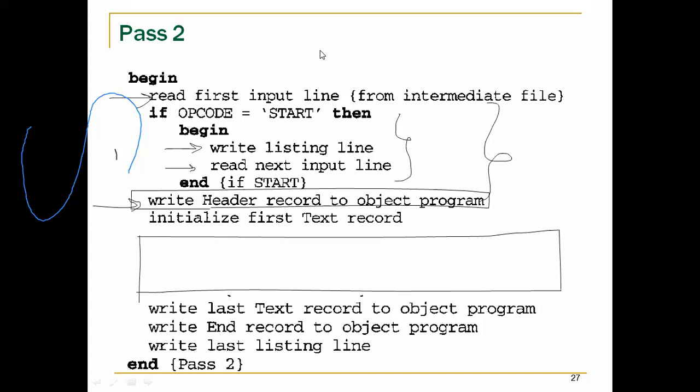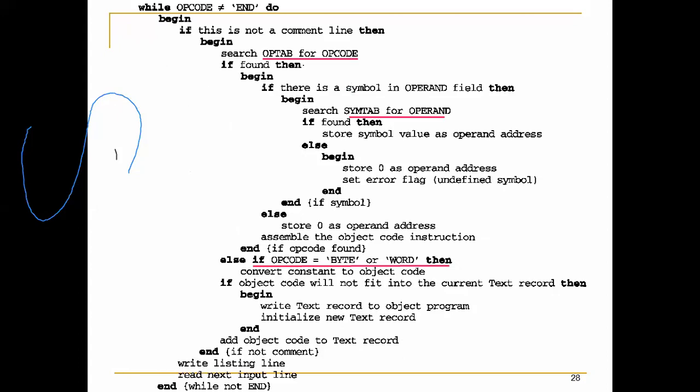Or we have to initialize the text records. So we will start by initializing the first text record. How do we start? We write a T, or we begin with having a T in the first place, assuming that we have already written the header record. Now we shall see how we write the text record.